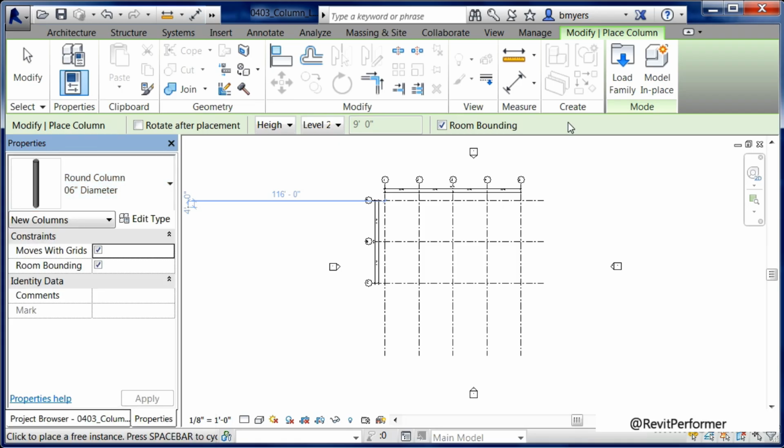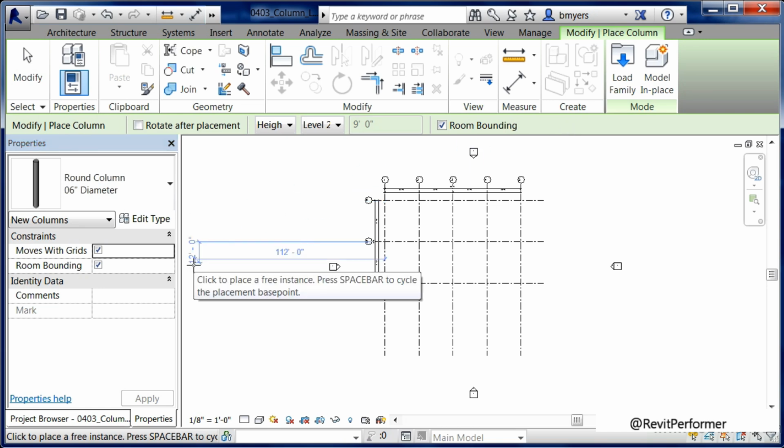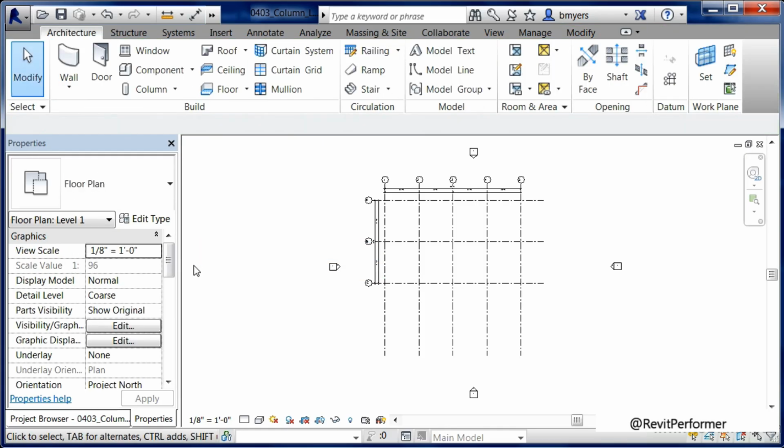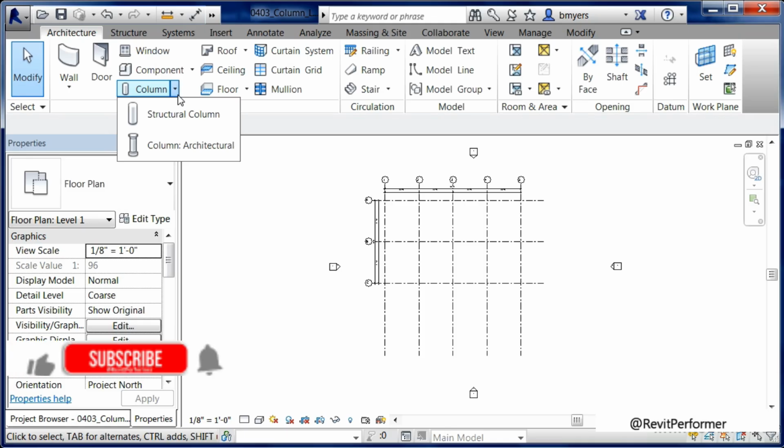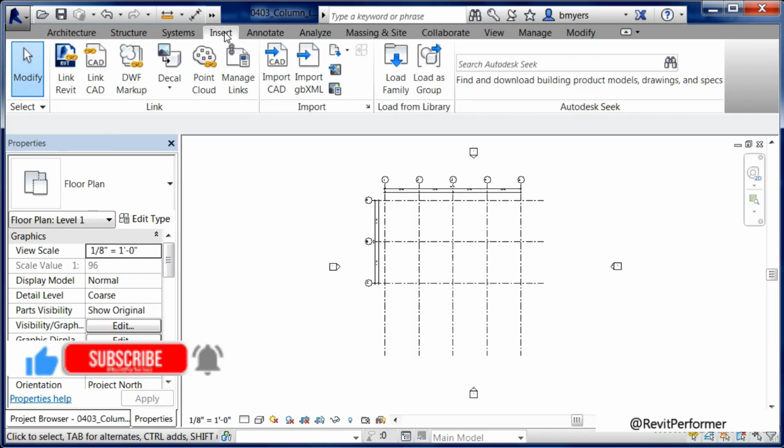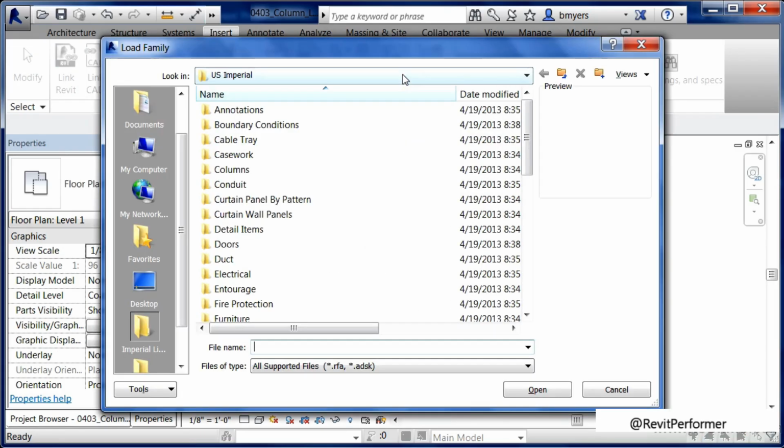Now, these were architectural columns, and if at this point I wanted to place them in, I could. But let's see the process of being able to load in our structural columns next. Hit Escape a couple times on the keyboard to get out of the command. Now, technically, we could have gone through that exact same process and then selected on Structural Column, Load Family, and then loaded in Structural that way. The other option, though, that we have, instead of coming through the command itself, is to come up here to the Insert tab, select Insert and simply select Load Family.